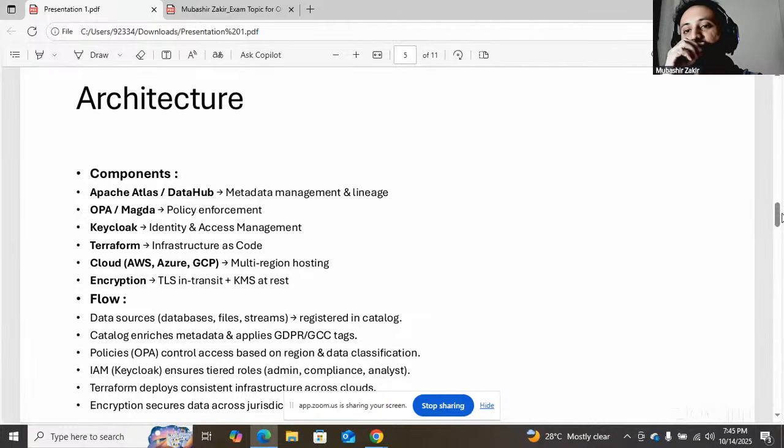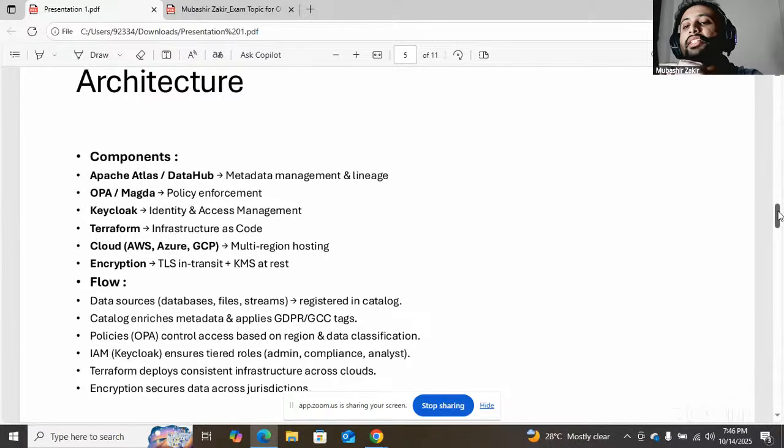Identity and access management is a key area, and this also happens to be domain 5 of CISSP, so it is a very important area. Then we have Terraform for infrastructure as code, cloud providers for multi-region hosting and encryption, which is transport layer security in transit, and key management service at rest when the data is at rest.